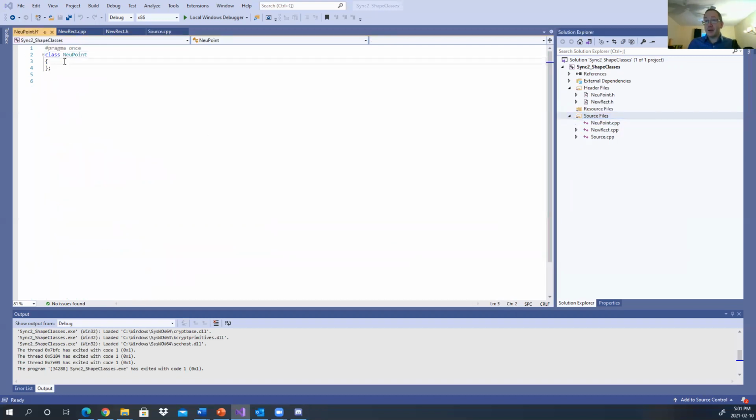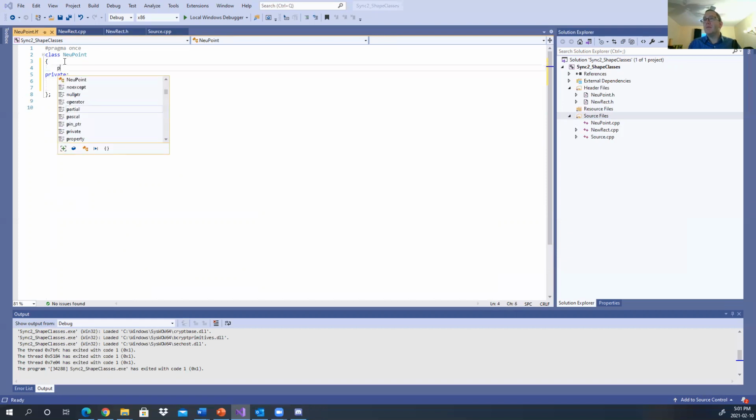I'm going to do that private thing as I had last time. By the way, the default is protected. So half the time I get into real trouble when I code something. I'll forget to put that in there, and then I'll run my code and wonder why I can't find that variable or call that function. It's because it's a protected function instead of a public function. You have to be very explicit about these sorts of things. So int x, int y,